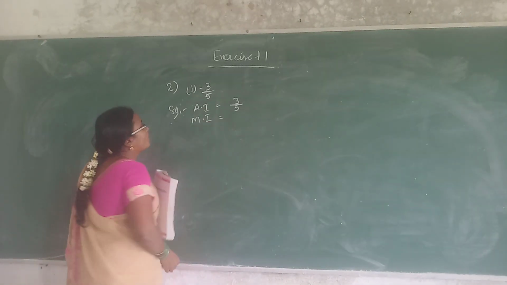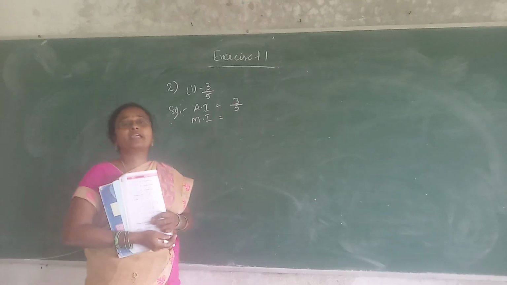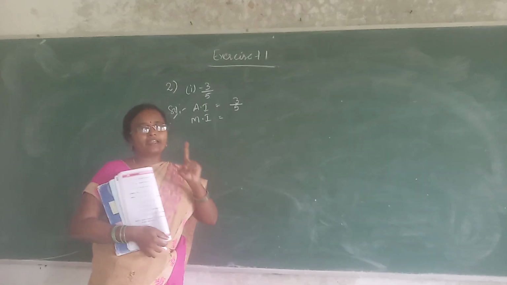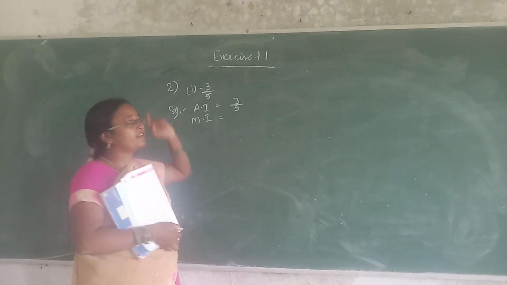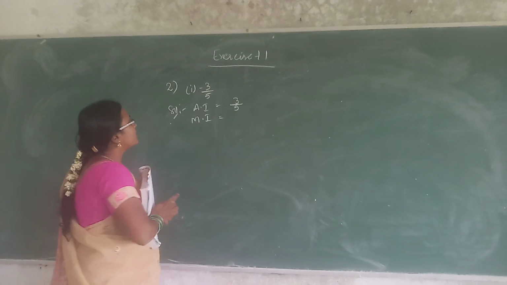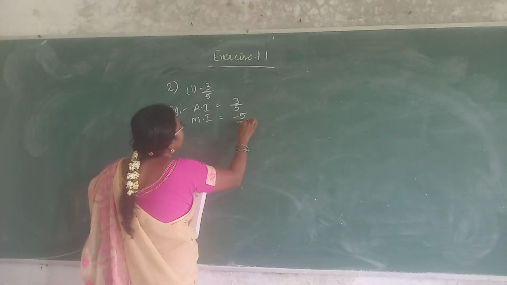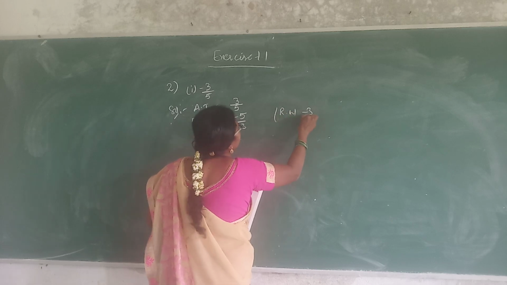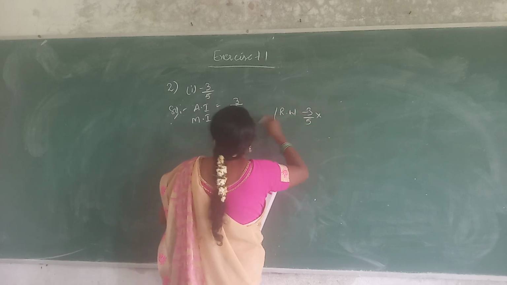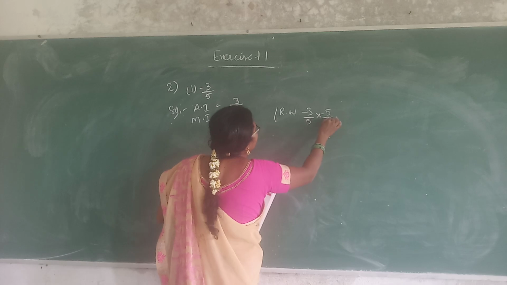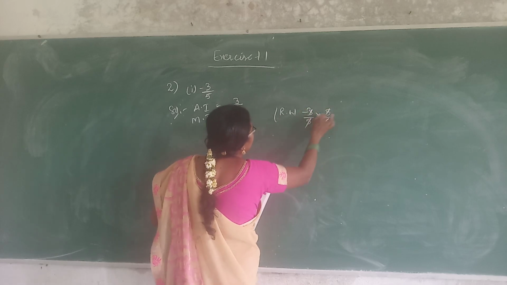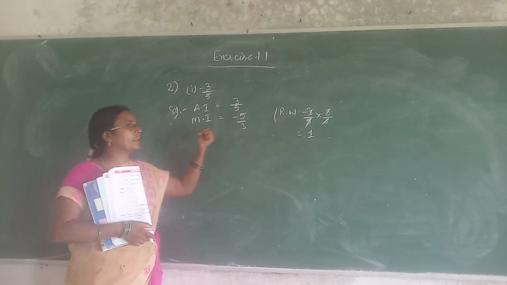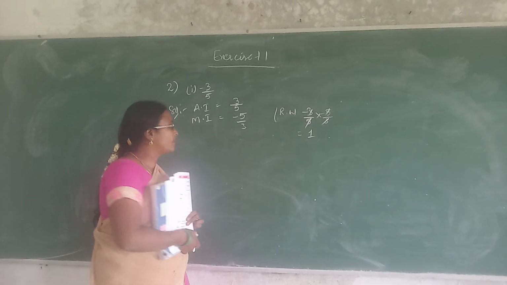Now, the multiplicative inverse. To get the multiplicative inverse, what did I inform you? You should get the multiplicative identity 1. So, what should be multiplied with minus 3 by 5 to get 1? It becomes minus 5 by 3. For rough work, I am showing here minus 3 by 5 into minus 5 by 3. 3 gets cancelled, 5 gets cancelled, minus into minus is 1, the multiplicative identity. That's why the multiplicative inverse is minus 5 by 3.